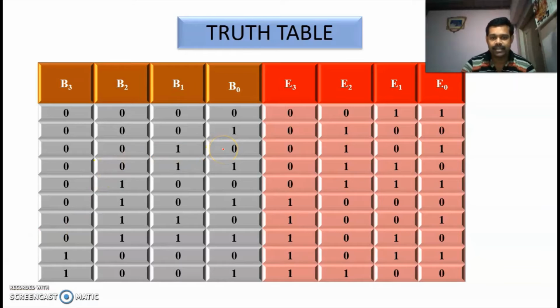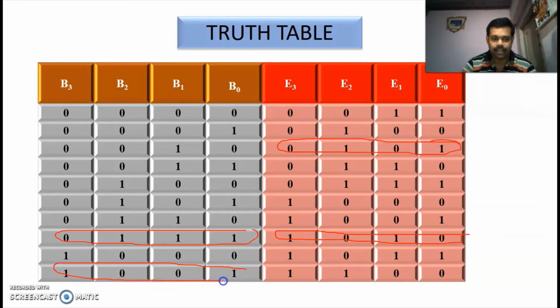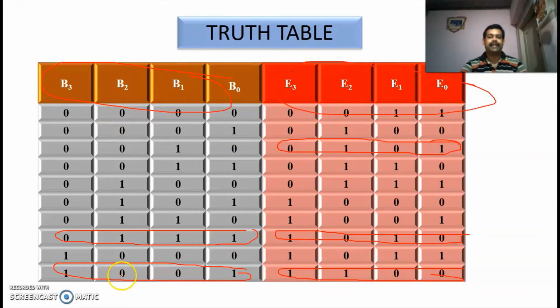Next 2 plus 3, that is 5. 0, 1, 0, 0. Then you take 7. 7 plus 3 is 10. 1, 0, 1, 0. Similarly, 9 plus 3, 12. 1, 1, 0, 0. So we have written BCD as well as XS3. So BCD is the input and the XS3 is the output. Okay. BCD is the input code and XS3 is the output code.